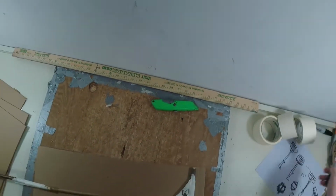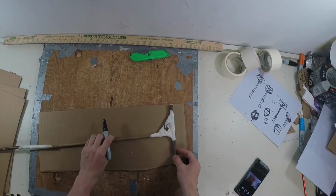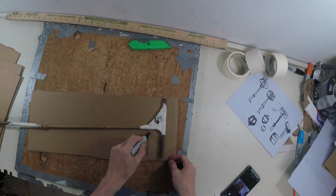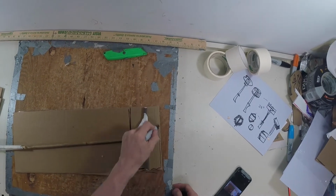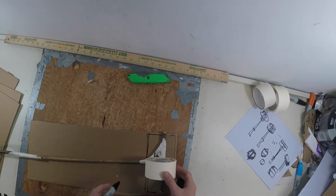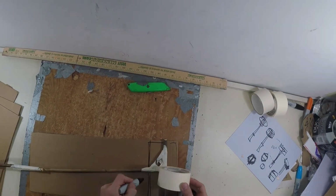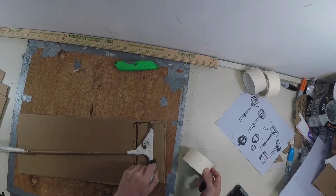Alright, so I'm going to trace out kind of what I want this little bludgeon to look like. And essentially, we're going to have a little piece like that. That'll be on both sides. So that'll actually be how big the head of this bludgeon is. And it's around about the width of a roll of tape, essentially. Maybe a little bit deeper. And this guy will just go right down the middle